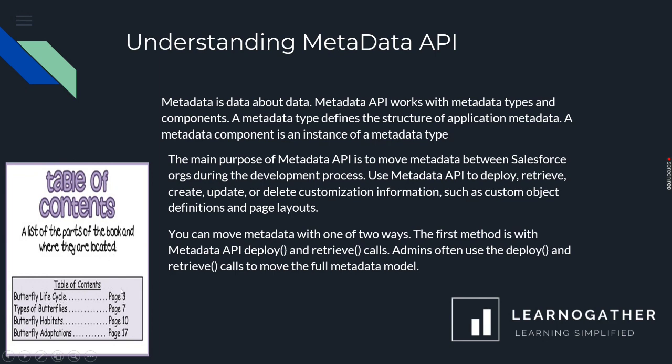It is present on page number 3. So this table of contents which says that the butterfly life cycle is present on page number 3 is the metadata about the butterfly life cycle, because it is showing that this particular cycle is present on page number 3. So this is the data about the data which is present on page number 3. Now, coming to the technical terms, metadata is known as data about the data. Suppose, for example, we have different custom objects in Salesforce.